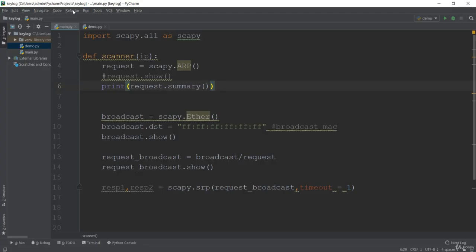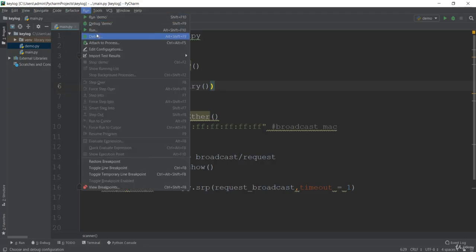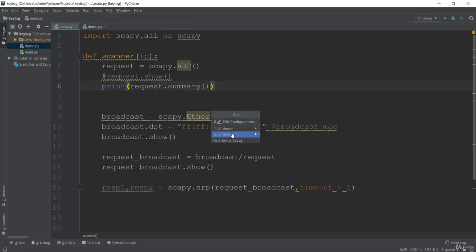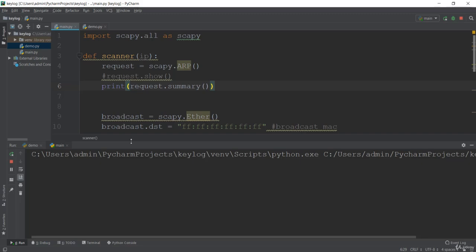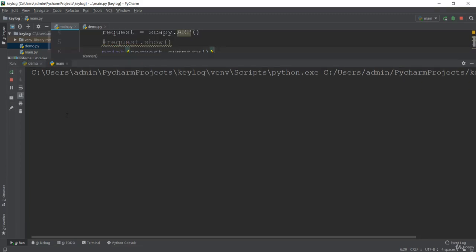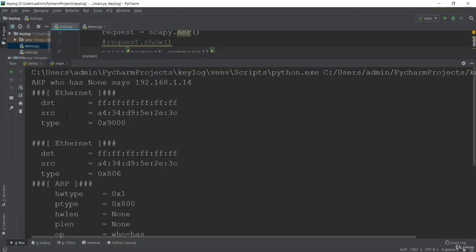So if I run this, it will take more time now, and it will say ARP who has none says that this is your source.